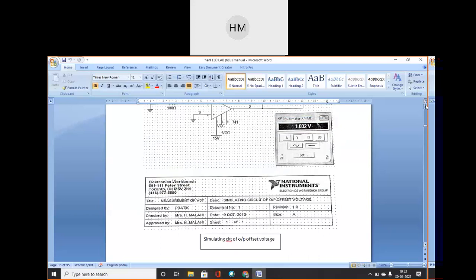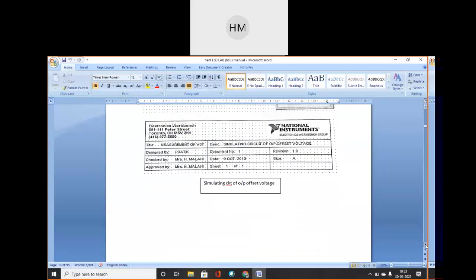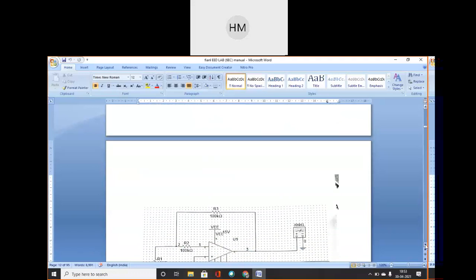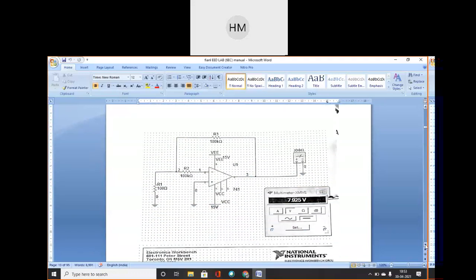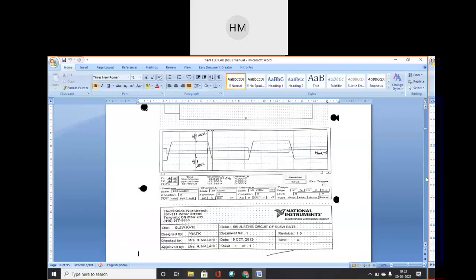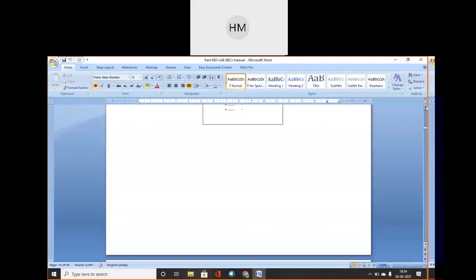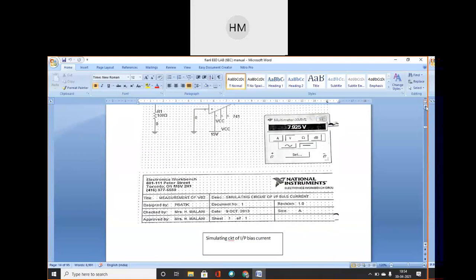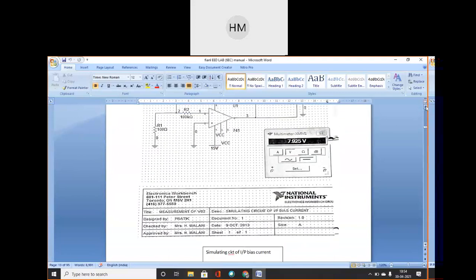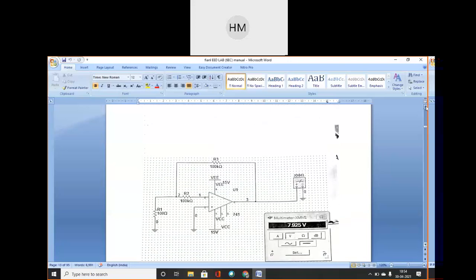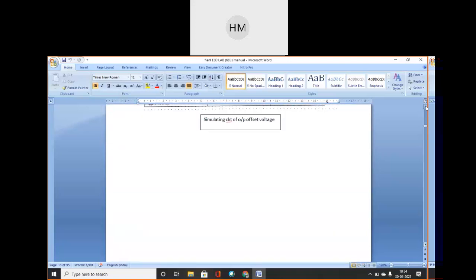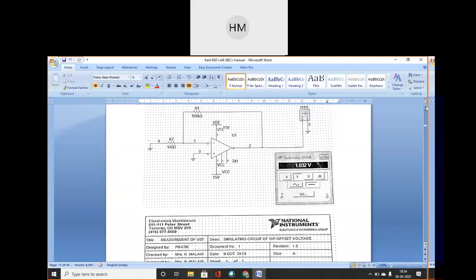So I have to draw 4 circuits in this, and the theoretical circuits and practical circuits are different. In the book, in the first chapter only theoretical concepts are explained, then in the next chapter they have shown you some practical diagrams, not all. So here you can see that in the third diagram we are calculating VO1. Okay, simulating circuit for input bias current, you can see the heading of this, and here I am calculating VO2, and before VO2 I will calculate VO1, that is the voltage at the non-inverting terminal.